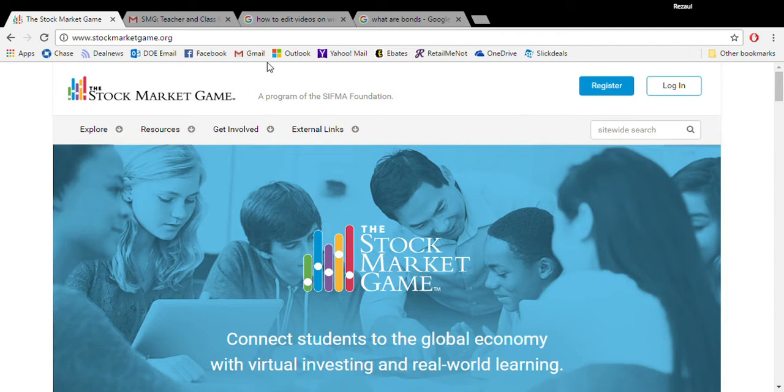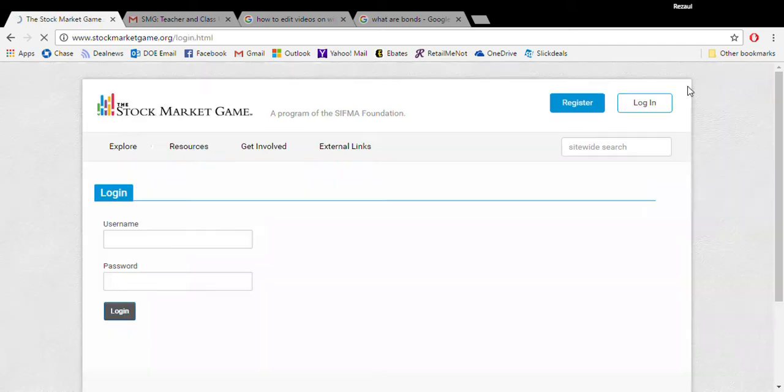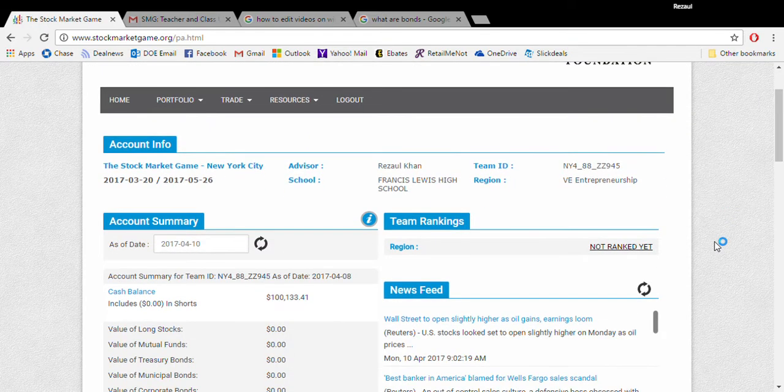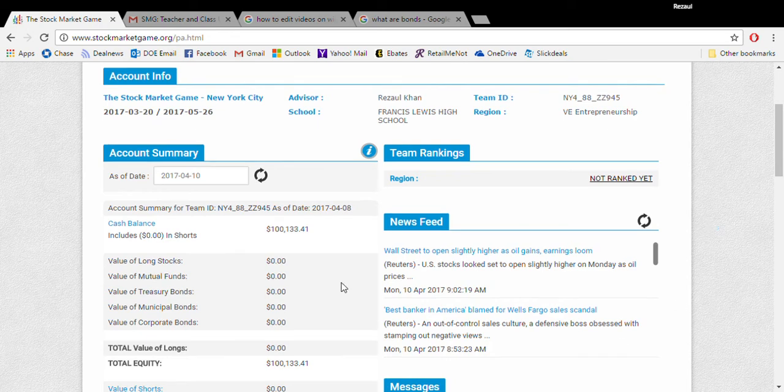So the first thing you have to do is obviously go on the website stockmarketgame.org. Once you're there, there's an option for you to log in. You guys are already registered, so you don't have to register, but just click on login and then put your group's username and password, which I posted on Edmodo. Okay, so put in your username, put in the password for your group,